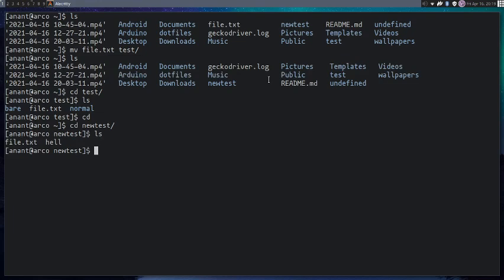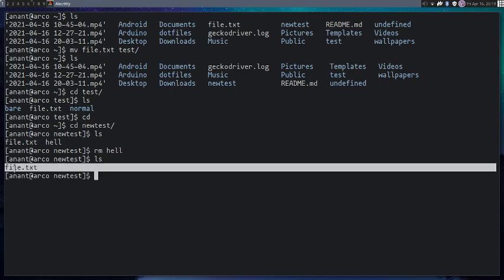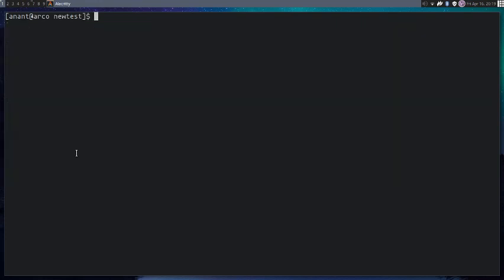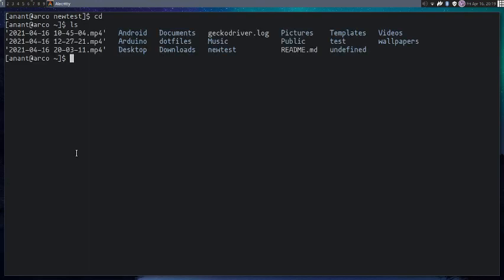So if I want to remove a file, for instance I want to remove that hell file, I do an rm and auto completion. You know also that the tab key is very great if you use it for fast work. You do not need to type that. So if I do rm hell and press enter, I do not have the hell file anymore. If I do an ls, you can see I am currently having the file.txt also.